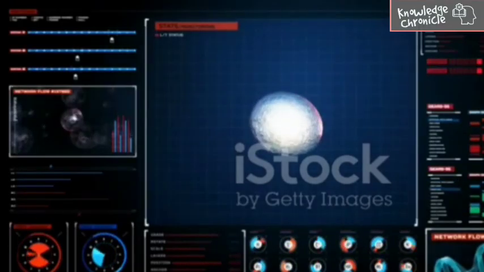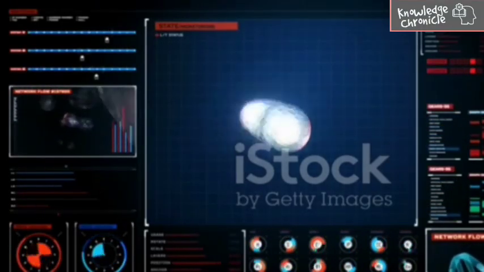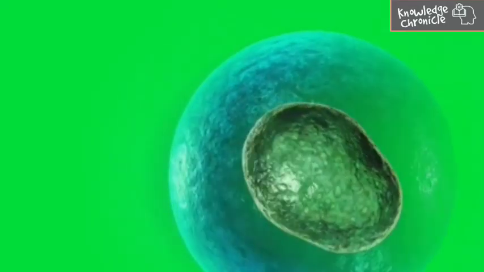Today, we're diving deep into a fascinating topic that's the foundation of life itself, meiosis and cell division. Have you ever wondered how living beings reproduce and pass on their traits from generation to generation? Or how a single cell divides to form gametes that make new life possible? Well, today, we're breaking it all down. By the end of this video, you'll not only understand meiosis, but also appreciate its incredible role in evolution and